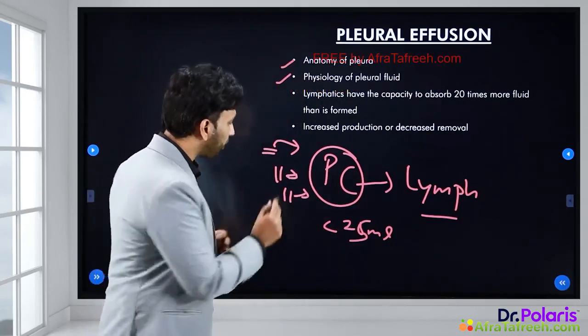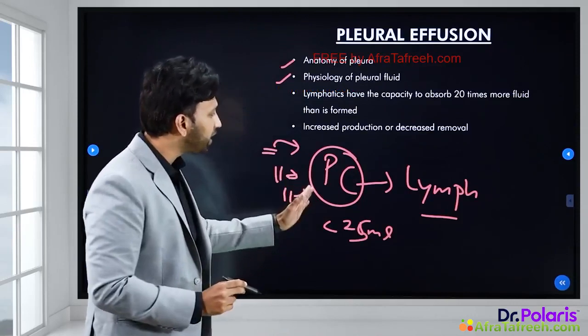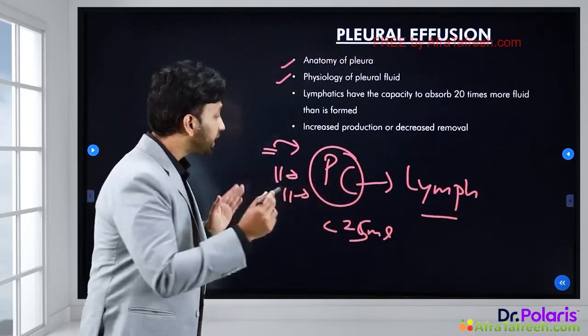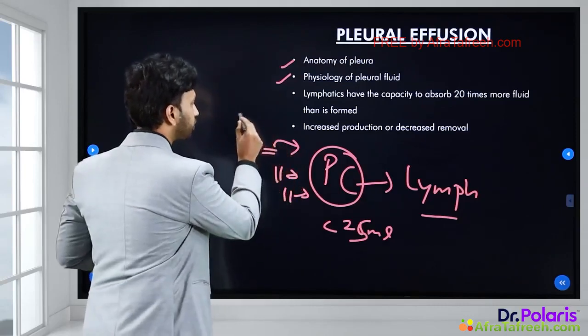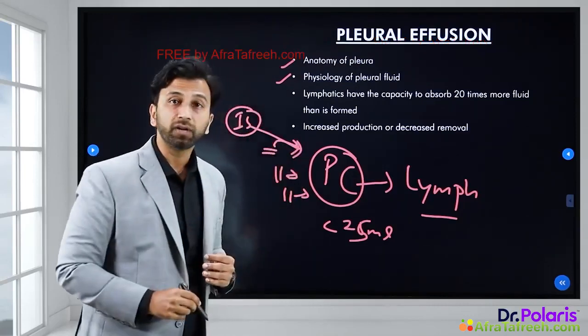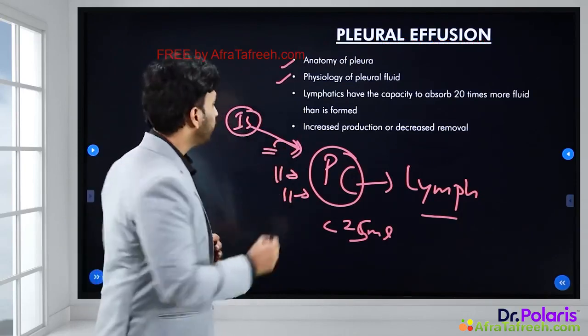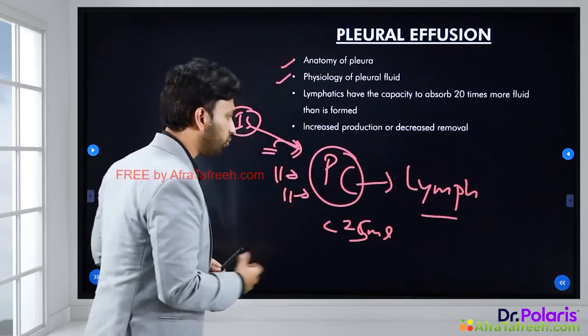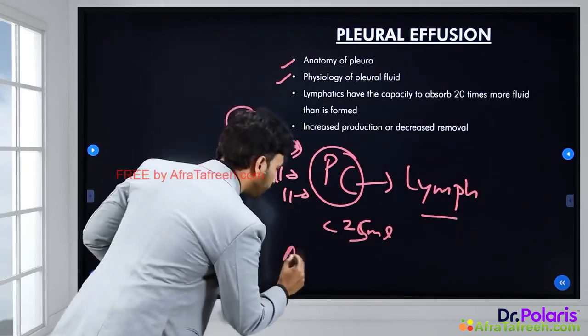Now, apart from the capillaries, which are responsible primarily for producing this pleural fluid in the pleural cavity, from the interstitial spaces of the lungs, fluid can enter the pleura. That is the visceral pleura. From the interstitial spaces of the lungs, the fluid can also enter into the pleura. And from the abdomen,